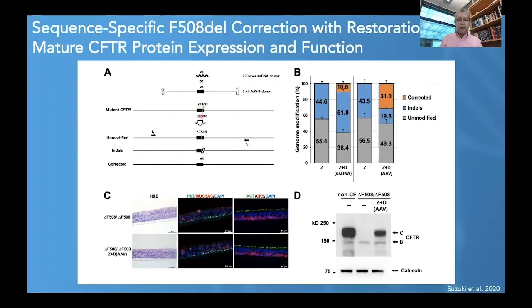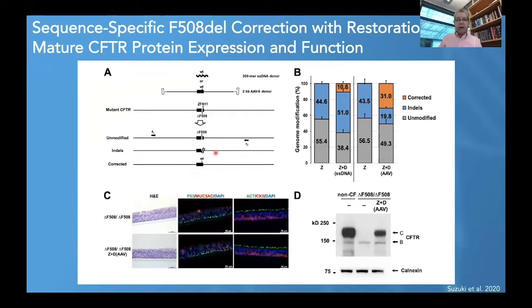This ZFN was specifically targeted to the mutant sequences, and then donor sequences were delivered either by electroporation of single-stranded oligos or delivery of AAV vectors of a larger homology sequence. And then the desired end product would be the corrected, that is the replacement of the mutant sequences with the wild type. One can also have alleles that are completely unmodified by this approach, or simply indels that were introduced